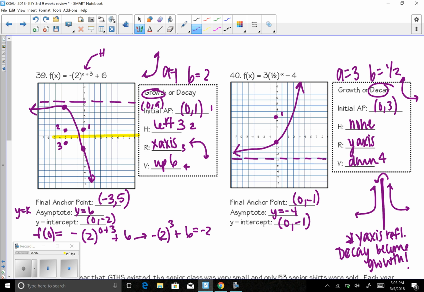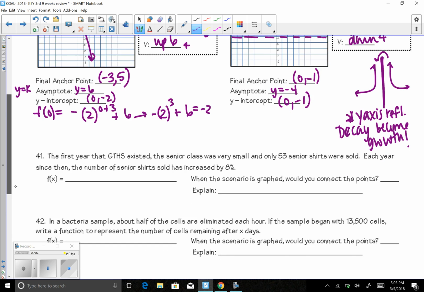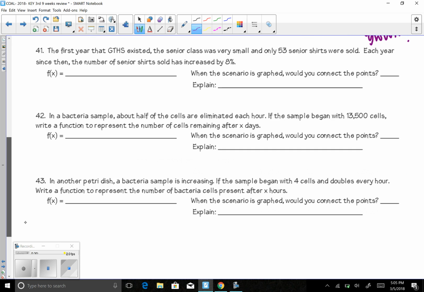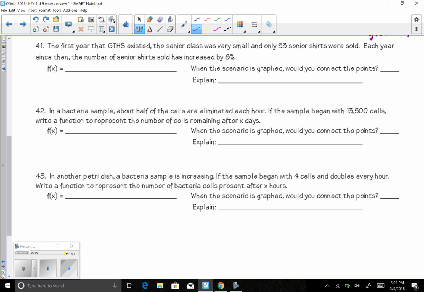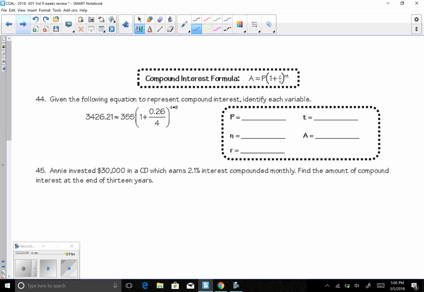Okay, so 41, 42, and 43 are just writing some more equations, determining if you would connect the dots or not based on those. You can check out that answer key if you get confused with those. So lastly, 44 and 45. So number 44, you've been given a compound interest equation with some things already filled in,